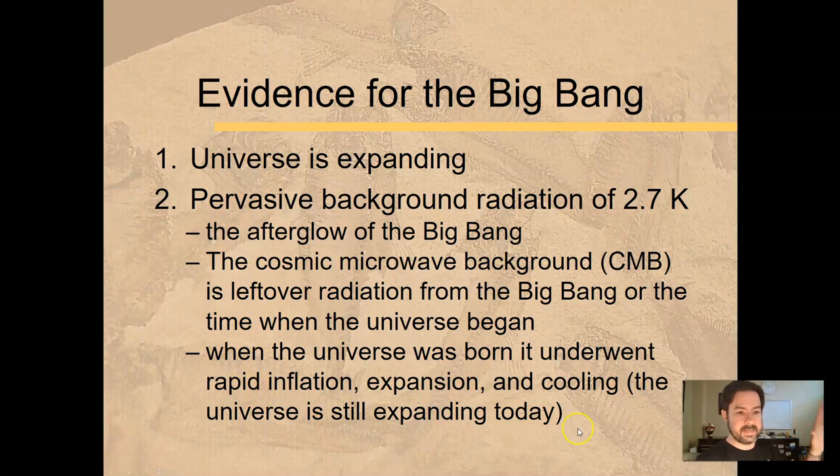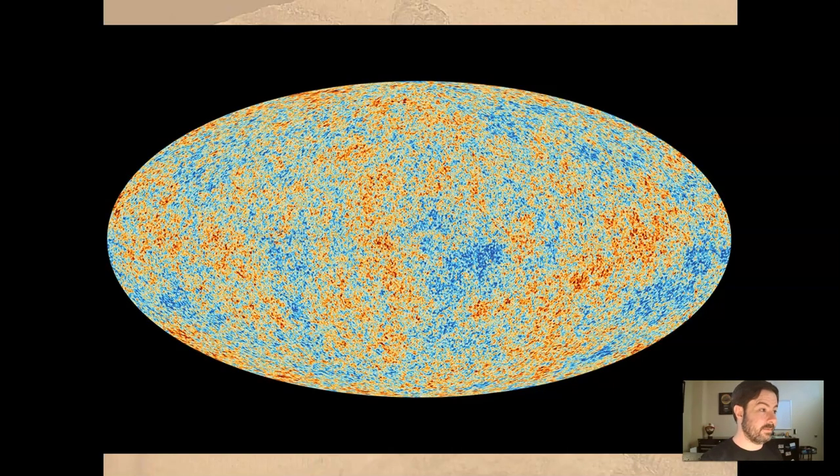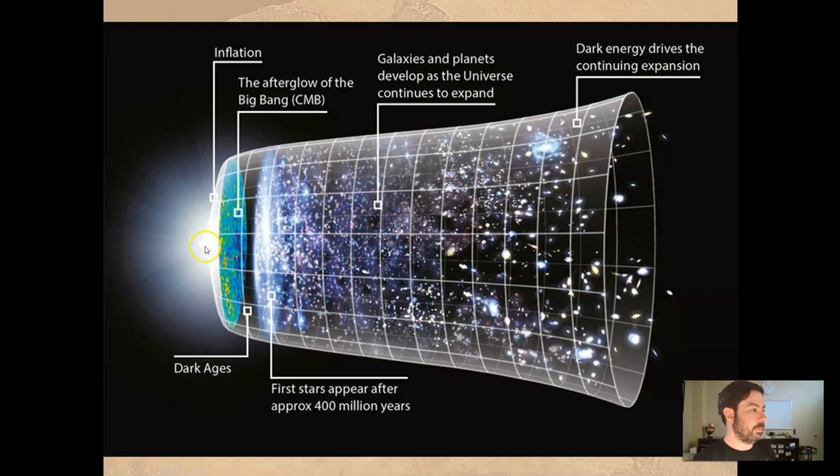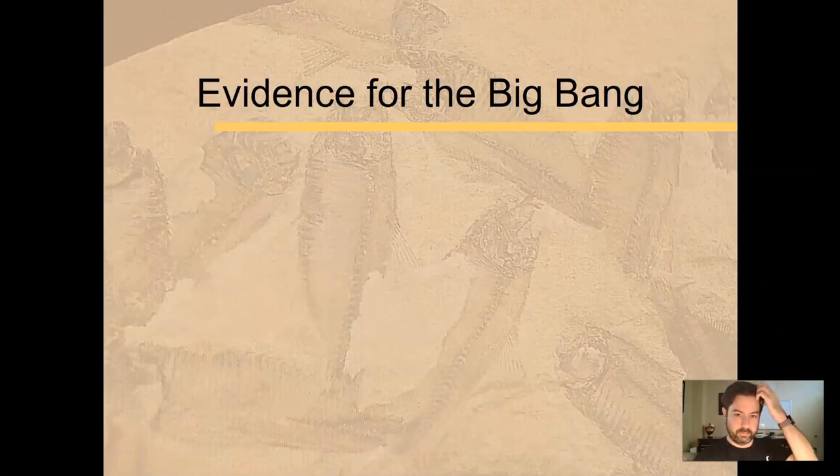Everywhere we look, we see this cosmic background radiation, CMB. This is leftover radiation from the Big Bang. When that initial Big Bang expansion happened, this heat and background radiation is just everywhere as the universe is expanding out. And this is a visual image of what that looks like. So we had the Big Bang, the initial inflation, and that afterglow, that radiation back in time, and we see the universe expanding, and we have the evidence for all of that. Again, testable, repeatable, never been proven false.